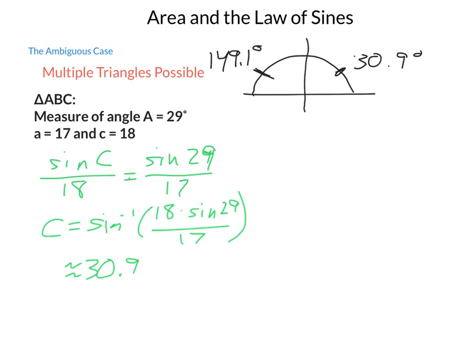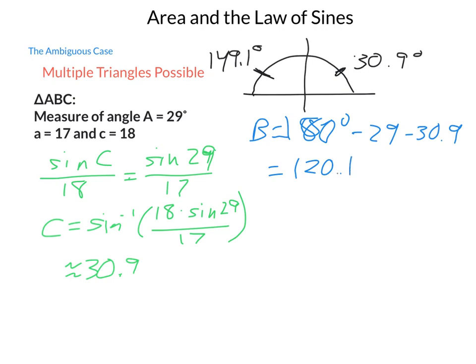Going off of the information that I already have, I can easily make the statement that 180 degrees minus my 29 minus my 30.9, looking for angle B,